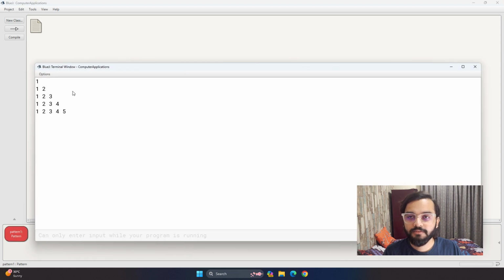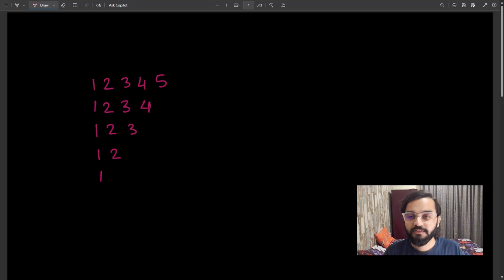The pattern that we wanted to print is now printed over here. Now the next type of pattern that I am going to explain, that you already know, is the inverted of the first question that we solved. The first question was totally inverted of this. Now how to solve this type of question?